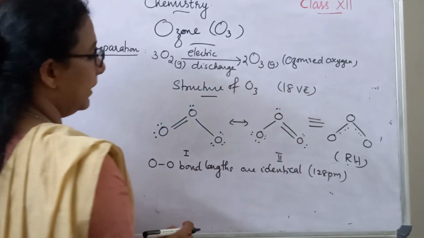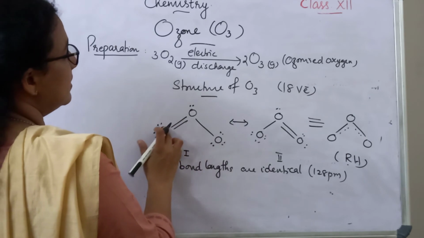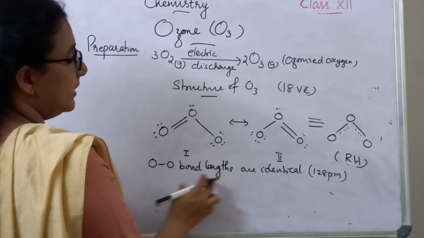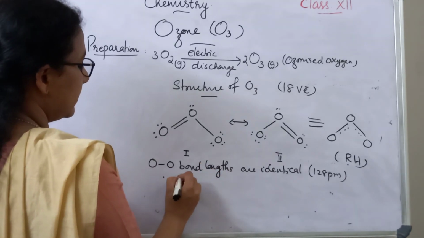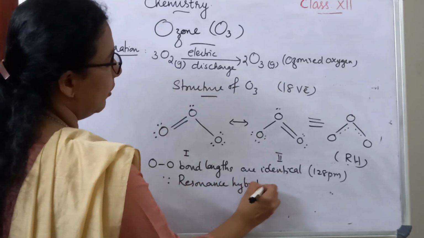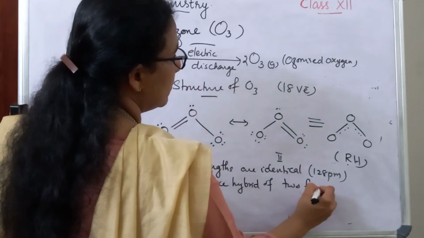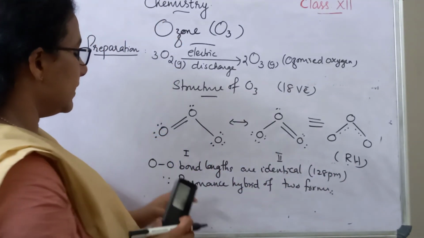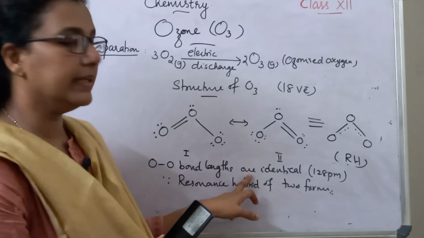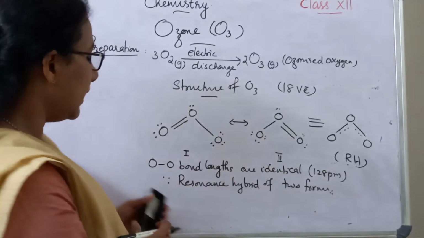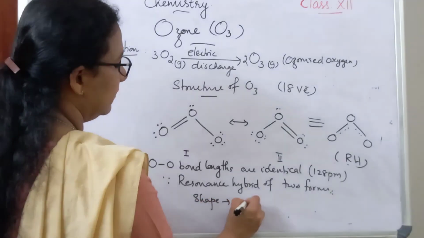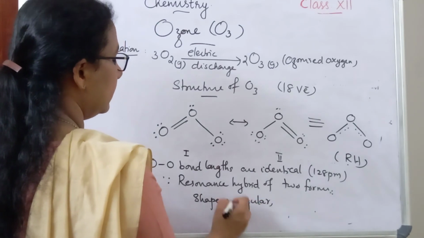This oxygen-oxygen bond length and this oxygen-oxygen bond length are identical because there is resonance. It is the resonance hybrid of two forms. So we can say the oxygen-oxygen bond lengths are identical, that may be 128 picometer, and the shape is angular, and the bond angle is